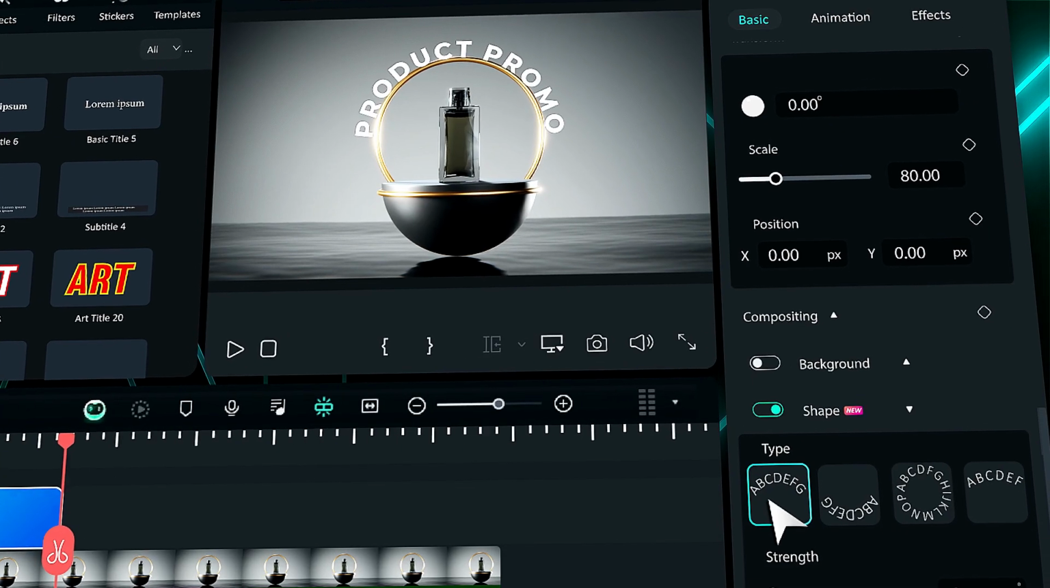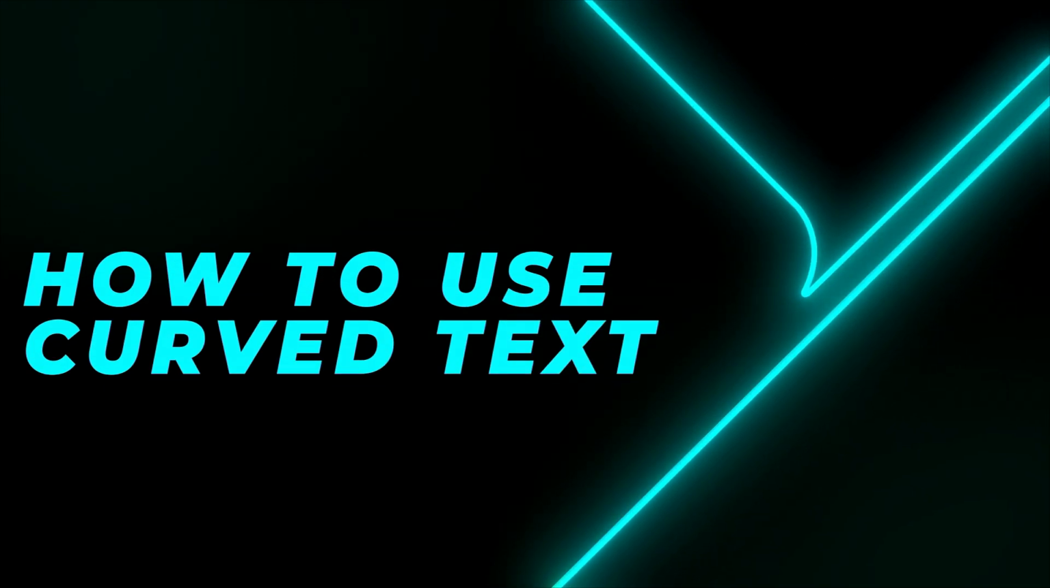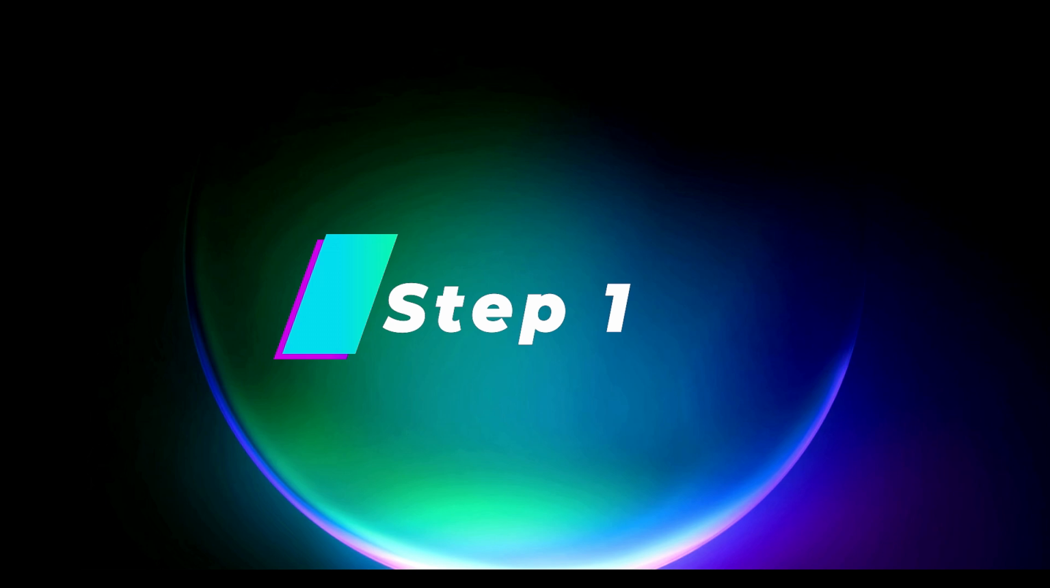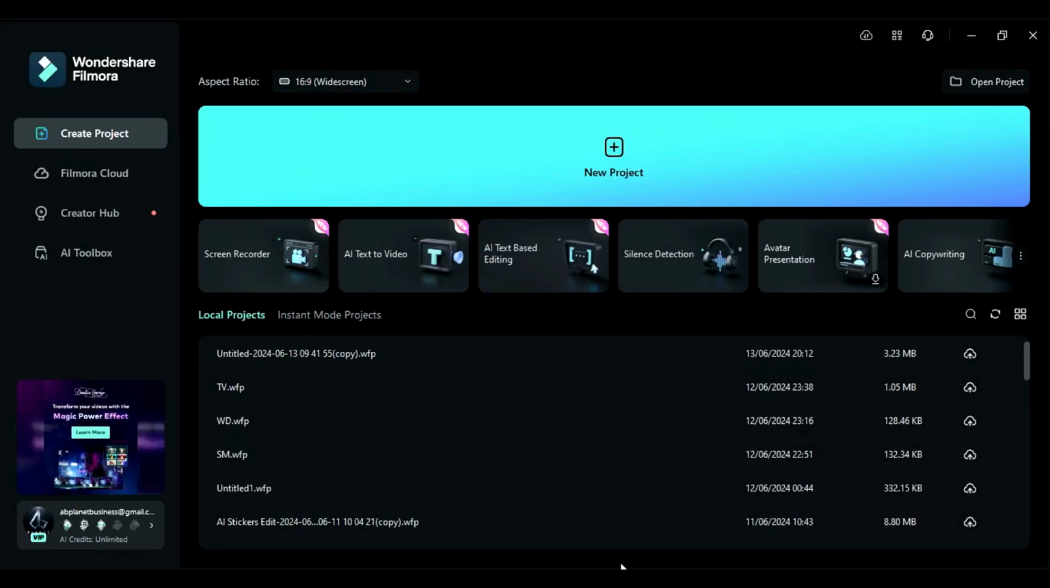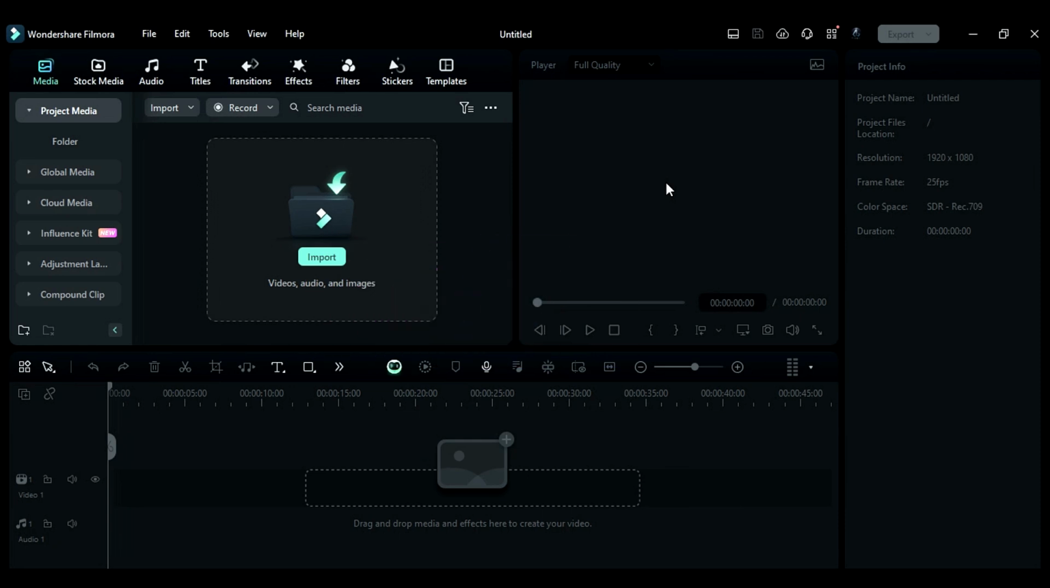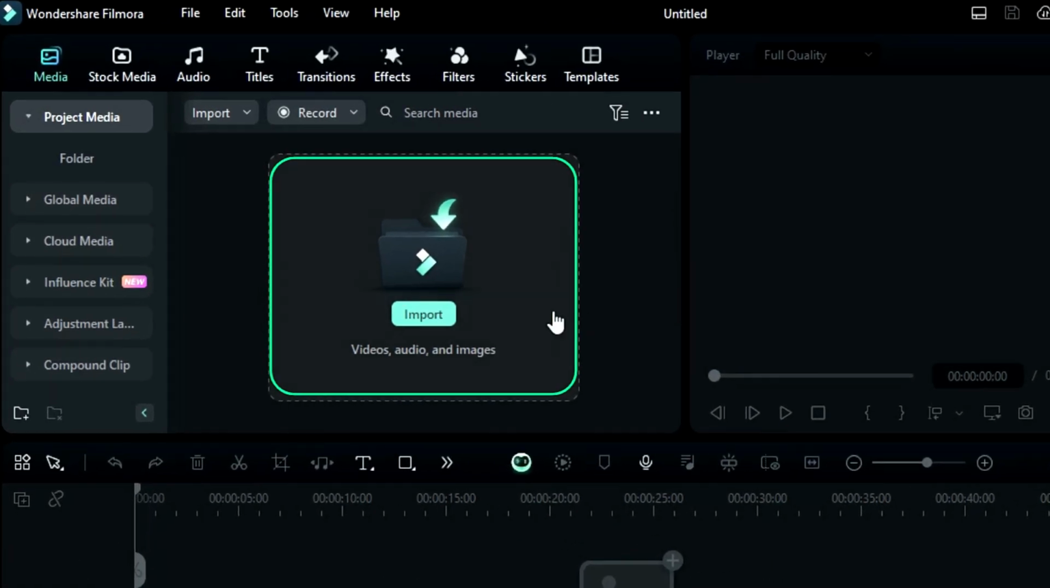Now that we understand the benefits of curved text, let's explore where you can find this new feature in Filmora and how to use it with ease. Step 1. Launch Filmora and click on New Project to go to the editing board. Step 2. Drag and drop your footage to the project media folder, or you can click on Import to get